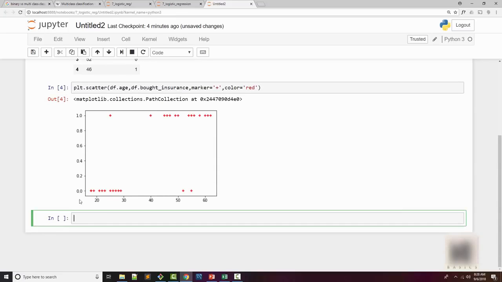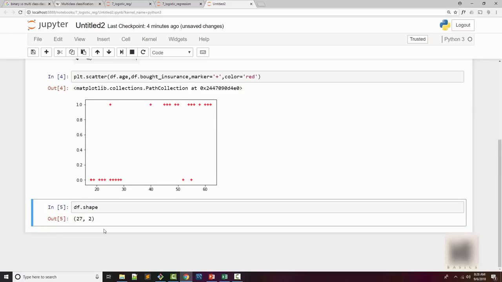The first thing we are going to do now is use the train test split method to split our data set. If you look at our data, we have 27 rows. So we are going to split these rows into a training set and a test set. Again, I have a separate tutorial for how to do train and test split, so you can watch that. It is basically from sklearn model selection, you import the train_test_split method.